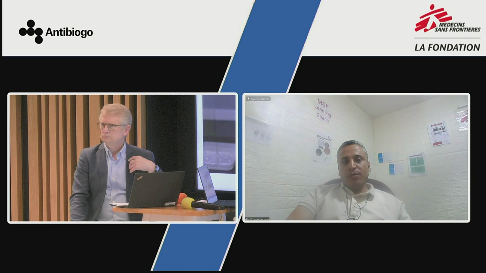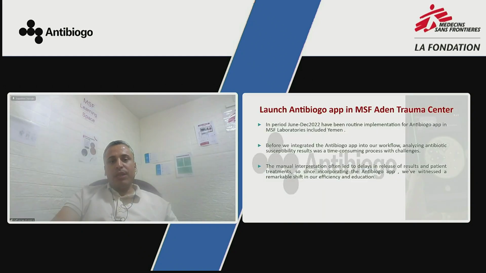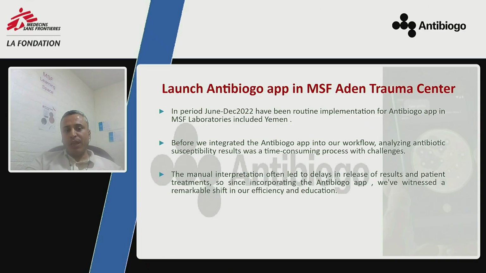It was implemented in the MSF OCP Aden Trauma Center microbiology lab from January to December 2022. In the period June to December 2022, there has been routine implementation of the application in MSF laboratories, including our country, Yemen, in